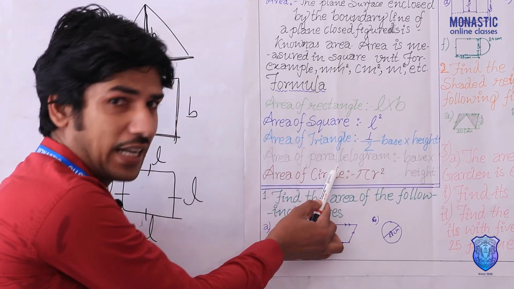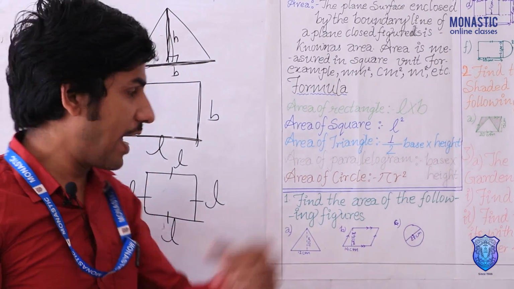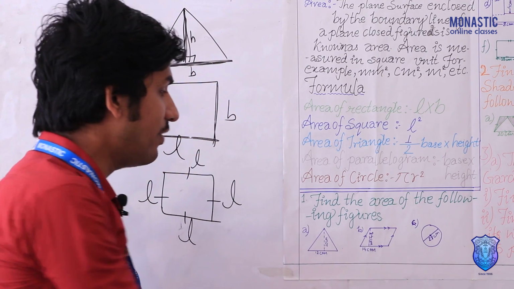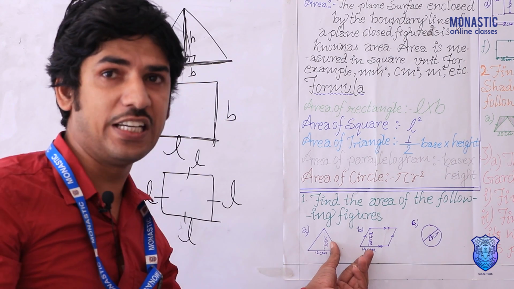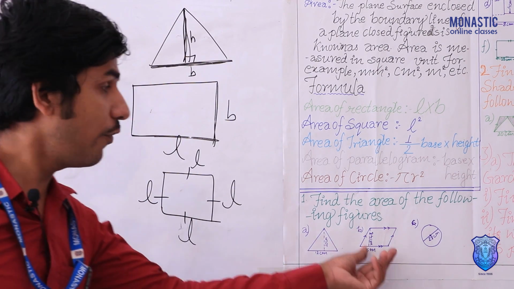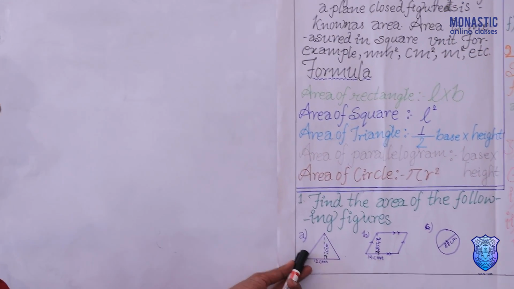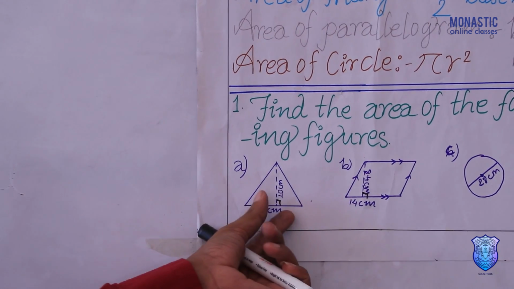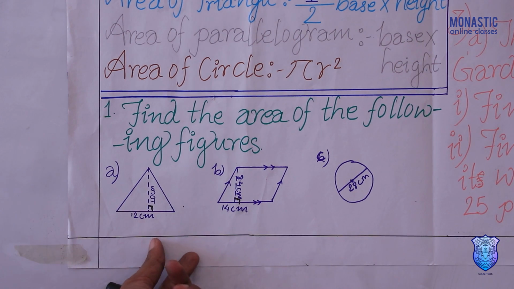These are some formulas by which we can find the area of plane figures, and for that we have taken some questions regarding this topic, so that it will feel simple and easy to calculate such questions on plane figures. Now we are going to find the area of this figure, question 1A. In this figure we see a triangle, and we have to find its area.